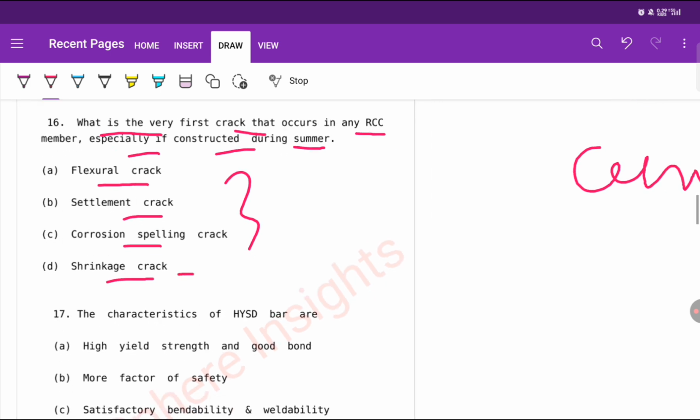But here we have shrinkage crack. Shrinkage crack means when the moisture content